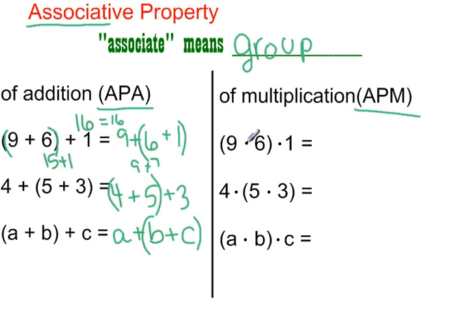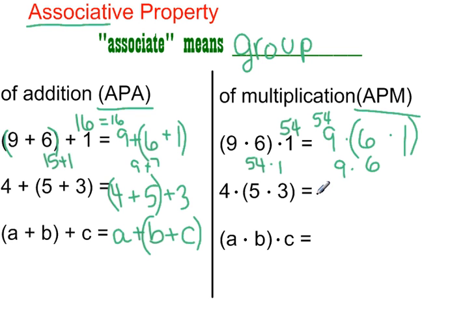I have to do what's in the parentheses first. 9 times 6 is 54. 54 times 1 is 54. So on the other side, numbers go in the exact same order, but on this side, I'm going to group this 6 and the 1 together. Let's see if this still works. 6 times 1 is 6. 9 times 6 is 54. That certainly works. I'm going to leave this one blank for you to fill in on your notes